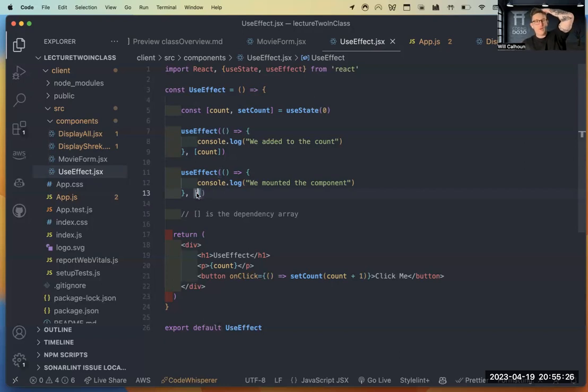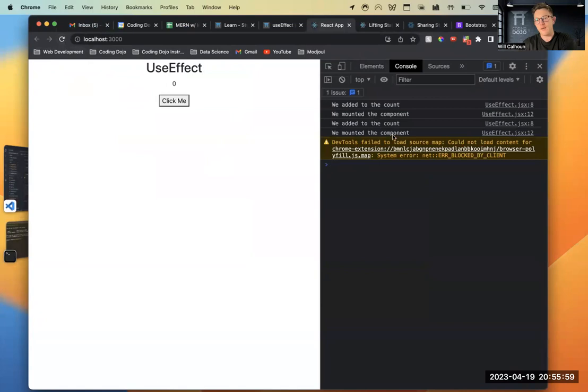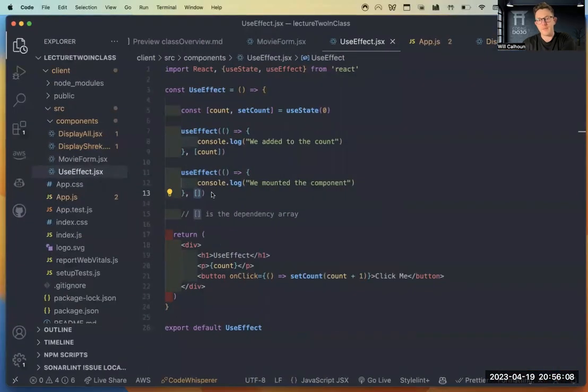Now, I will say we are going to teach you this dependency array as empty. Transparently, React does say, hey, you typically want to have not just this empty dependency array. So in the documentation, it says, hey, if you have to, okay, that's fine, but it's better if you have it conditioned on something. But if you have it empty, it will be okay. You just might sometimes get an error. But as you can see here, we don't have an error from that just being an empty dependency.